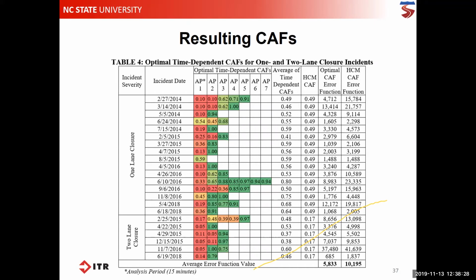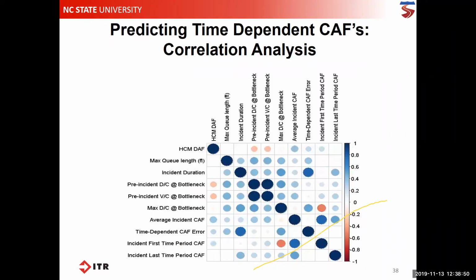Of course, the incidents that are happening have different durations, but in most of these cases, we see that the CAF, really the capacity loss at the beginning, is much higher than at the end of the incident. This really shows us that the evolution of the incident within the duration is something that exists. Although we were suspecting that this CAF is a function of the duration of the incident, nevertheless